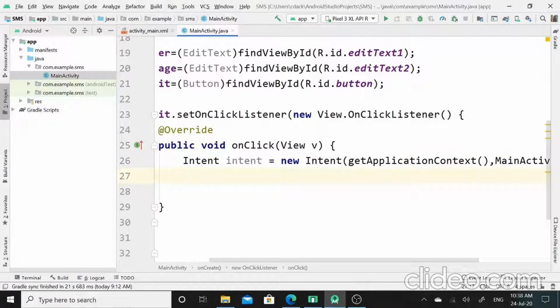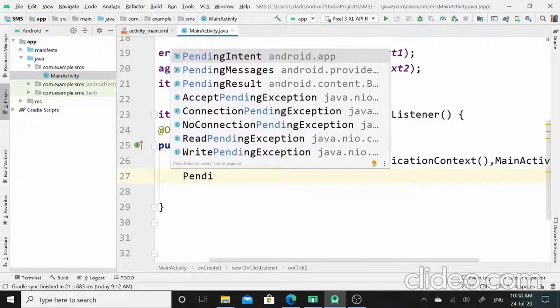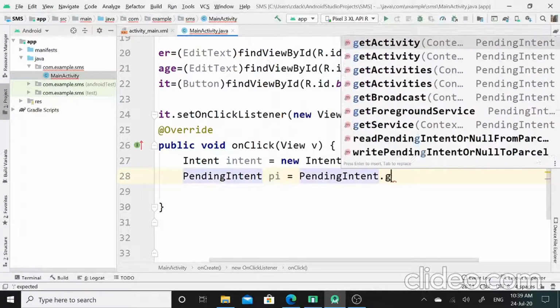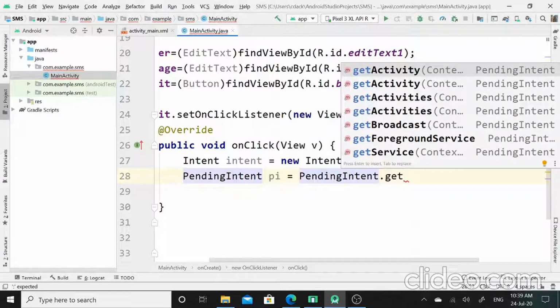Next I will create the object for PendingIntent. So this is PendingIntent class. I will create its object as PI. Here I will call the getActivity method of this PendingIntent class.